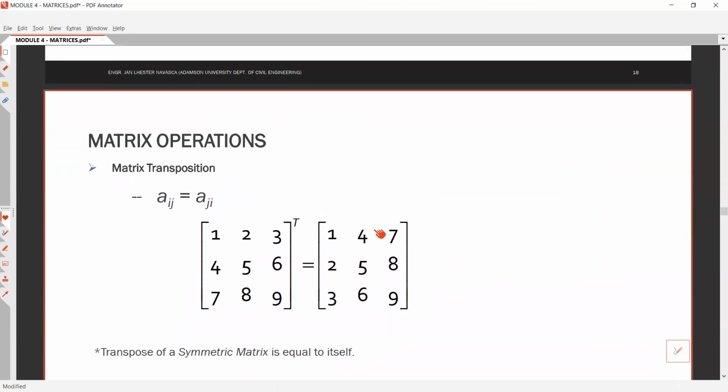So next one, we have the matrix transposition. Okay? So for the matrix transposition, yun nga yung kanina, Aij is equals to Aji. So itra-transpose mo lang yung Aij to Aji. Okay? So in matrix transposition, we have, for example, A11, gagawin mo siyang A11, A21, gagawin mo siyang